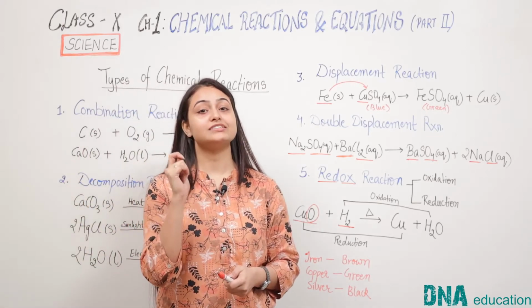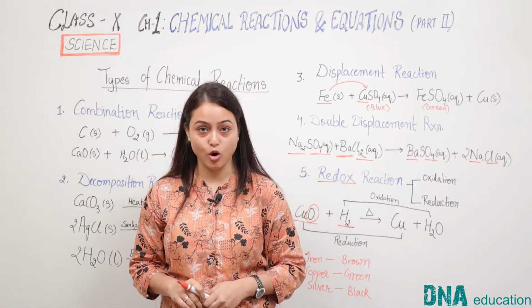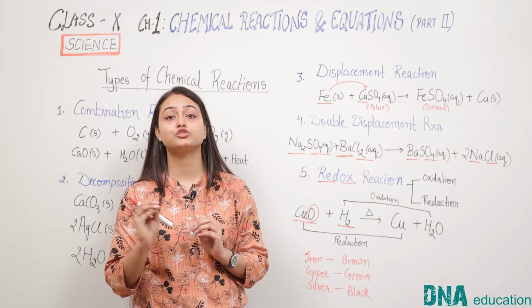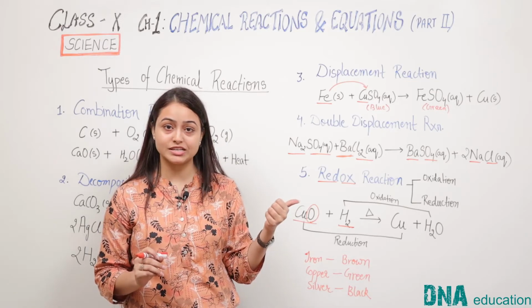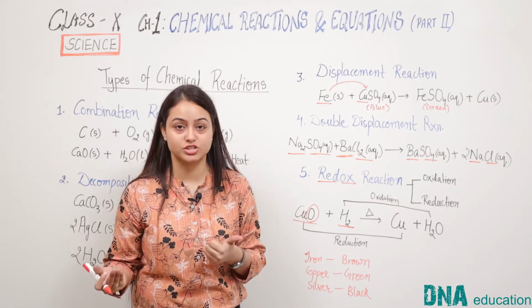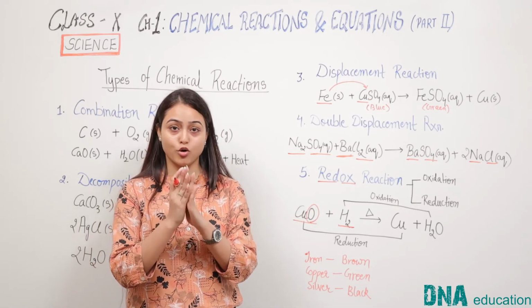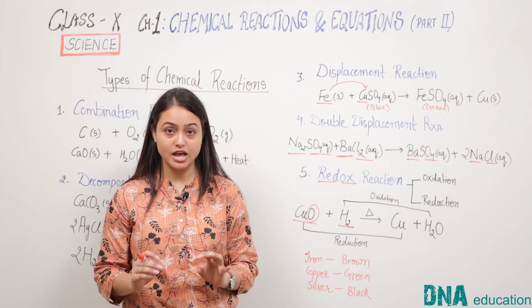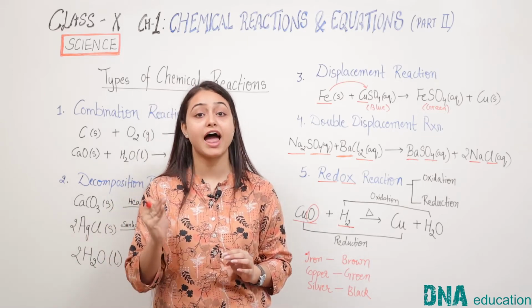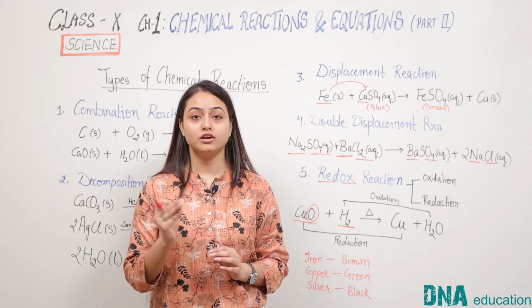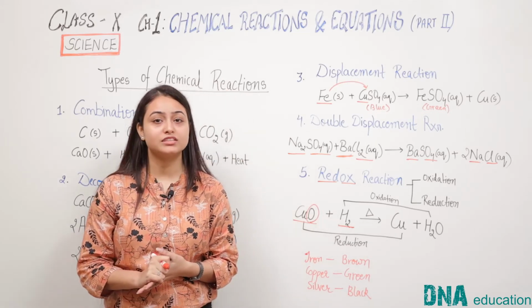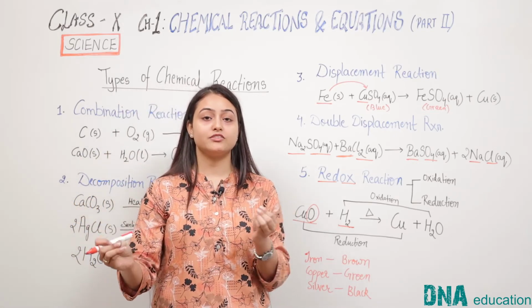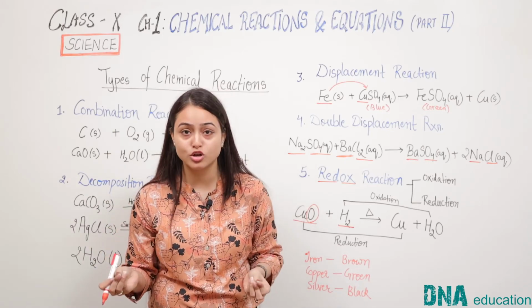Similarly, there is rancidity. Rancidity is again related to oxidation. When various food articles which contain oils and fats are exposed to air, they react with the oxygen present in the atmosphere and undergo oxidation. And due to oxidation, they get a bad smell and they get decomposed and unfit for consumption. This process of oxidation of fats and oils in food articles is called rancidity. Now there can be methods to prevent rancidity. For example, if we store the food items in airtight containers, then there will be no oxygen for reaction and rancidity will not take place.